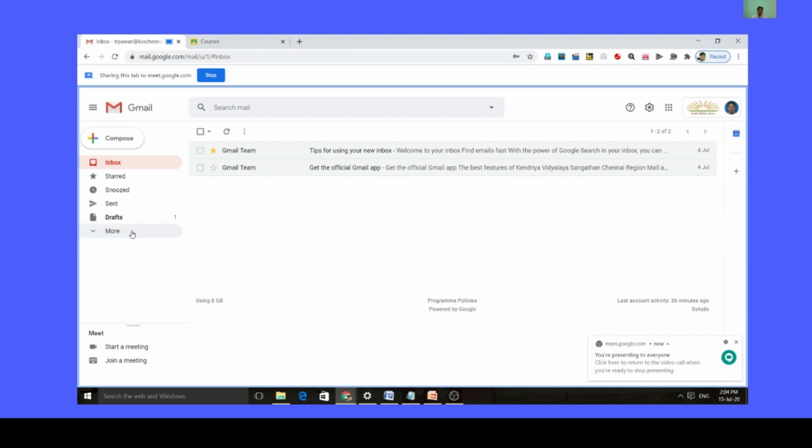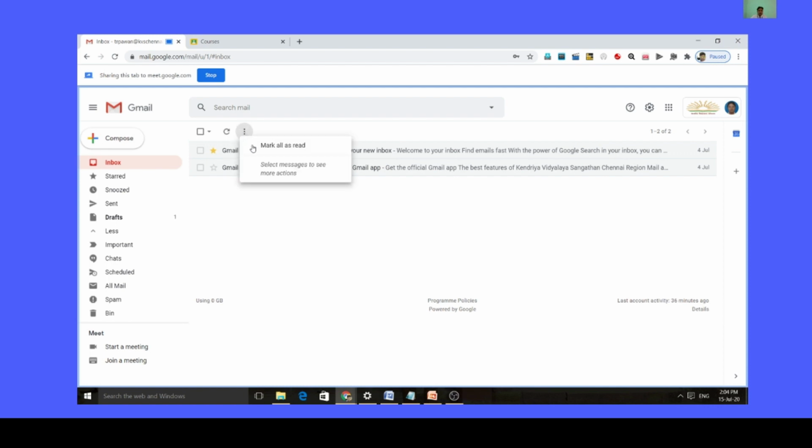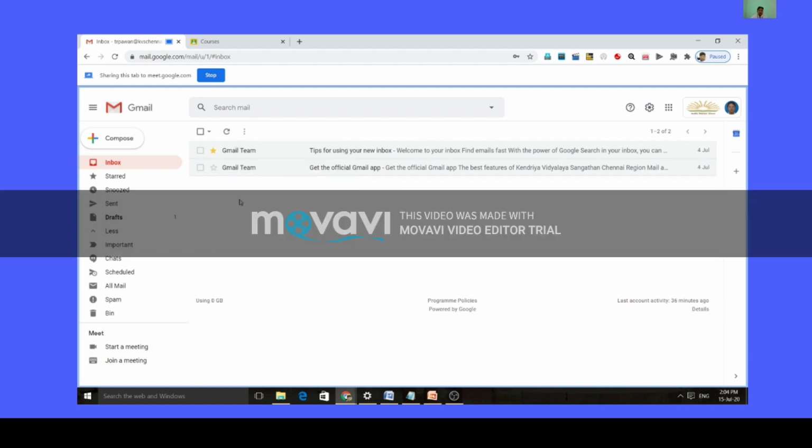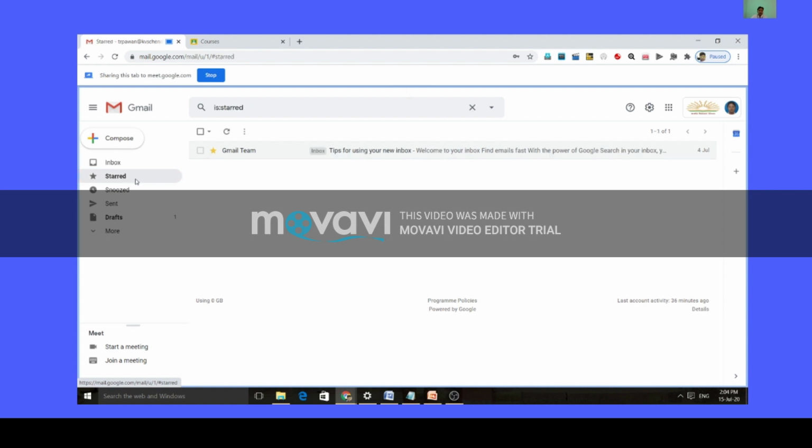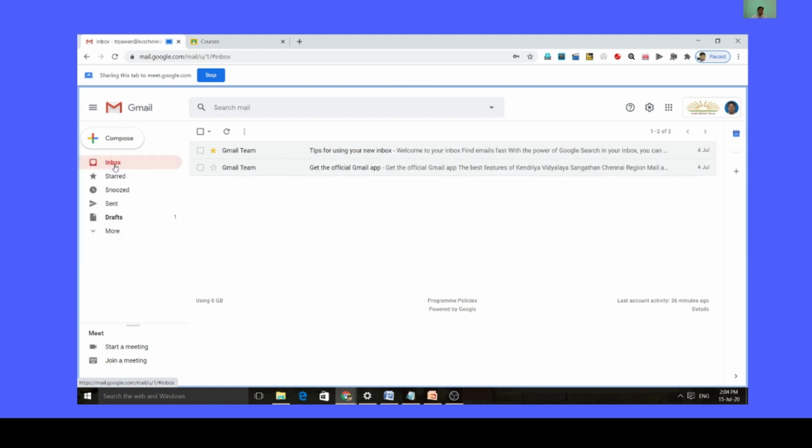Whatever you have, you can mark it important, and there are a few more options. When you start emailing, you will understand all the starred emails will be shown in the starred box, and if you mark any email important, it will be shown in the important folder. So like this, you will have so many options to manage your email.